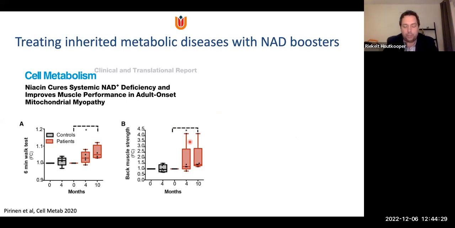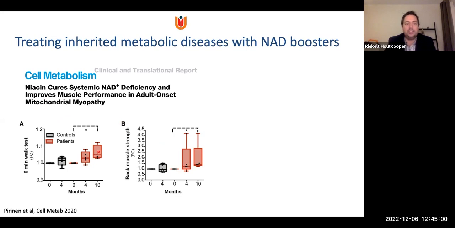But we were also helped here by another study of a close collaborator of mine, Eija Pirinen, in the lab of Anu Suomalainen in Helsinki, where they tested niacin, nicotinic acid, also a precursor for NAD. They tested it in the context of mitochondrial myopathy, so depletion or deletion of mitochondrial DNA. And so they tested niacin, and after 4 to 10 months, typically after 10 months, the effect is